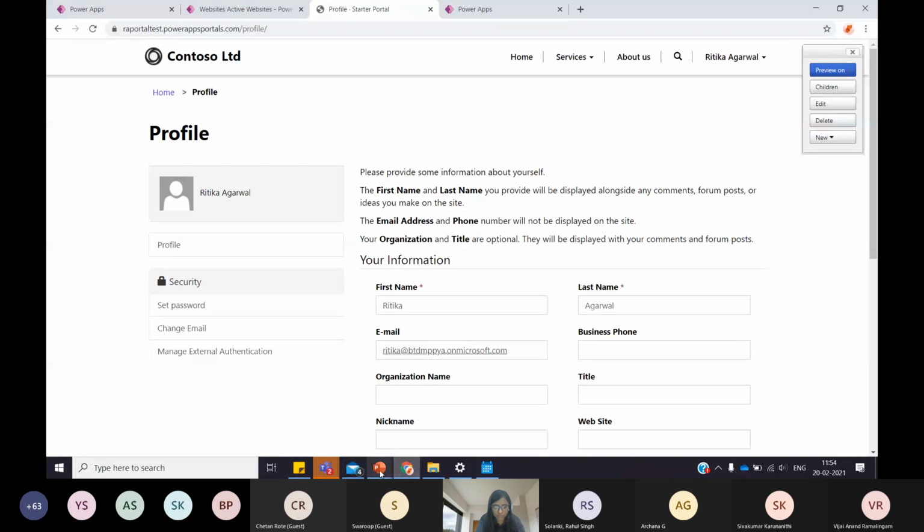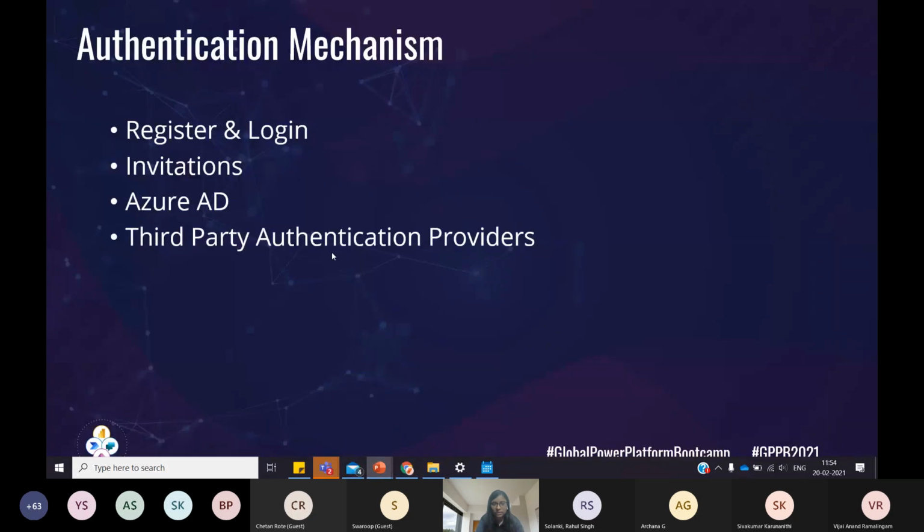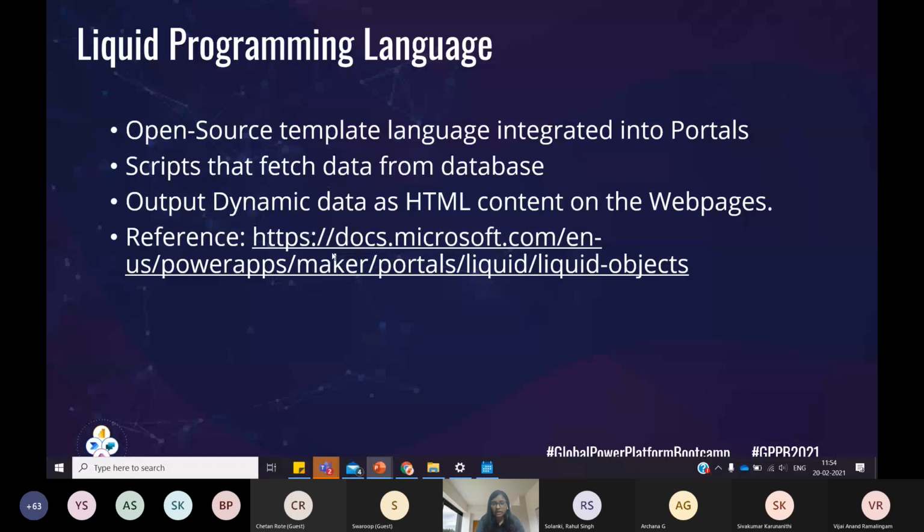But now let me go back to my PPT and let's proceed, because now we can enhance the capabilities with the Liquid programming language. So let's say I have done my authentication, but now I want to show my data, the details I want to show from my Microsoft Dataverse instance. By default, you can use views and forms to list out that data. But in any case, due to some filters or any custom design, you can embed Liquid programming language and you can use FetchXML to get data from your tables.